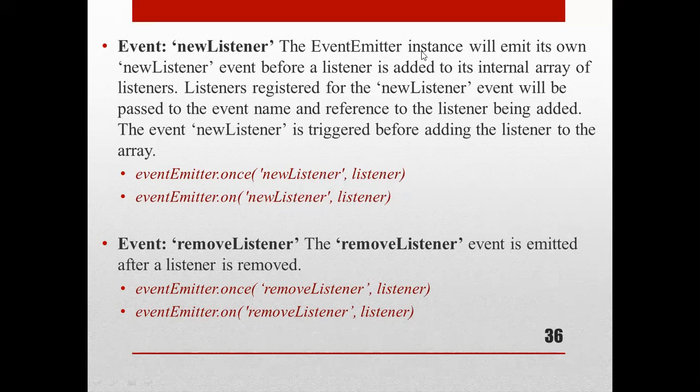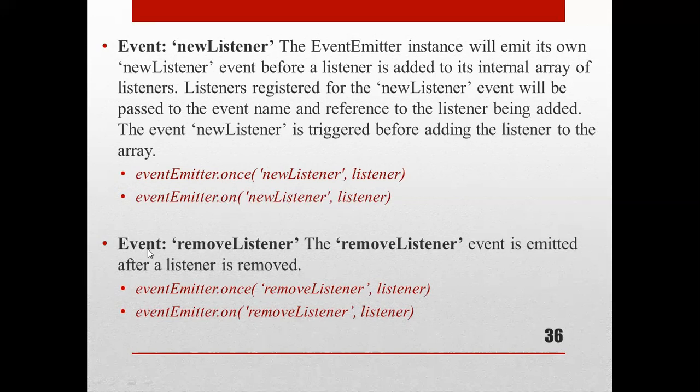That instance will emit its own newListener event before a listener is added to its internal array. Here eventEmitter.on, now we are going to register with that event, that is newListener, comma, listener. This listener will be registered with newListener.